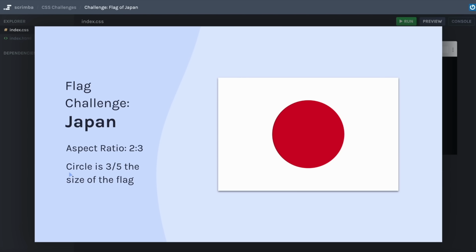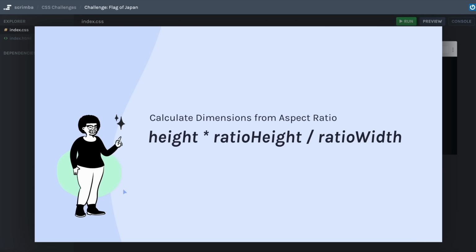For this challenge, you will build a CSS version of the beautiful minimalist Japanese flag. The Japanese flag has an aspect ratio of 2:3, and the circle is 3/5 the size of the flag. To calculate what the height and width of your flag should be based on its aspect ratio, you'll want to